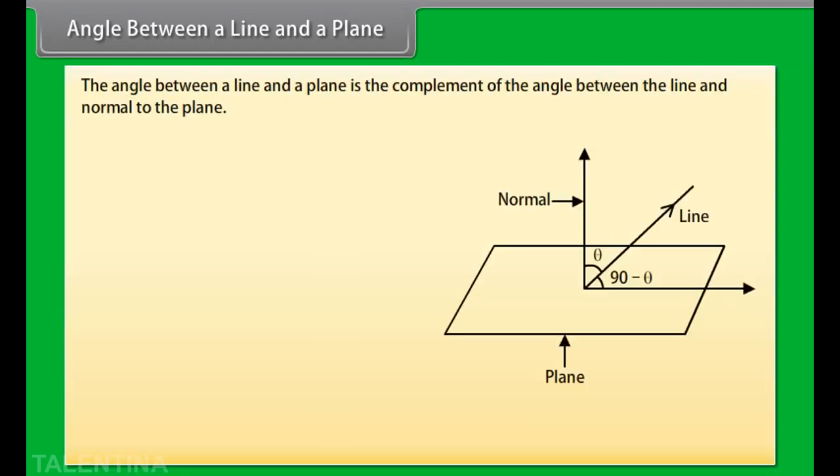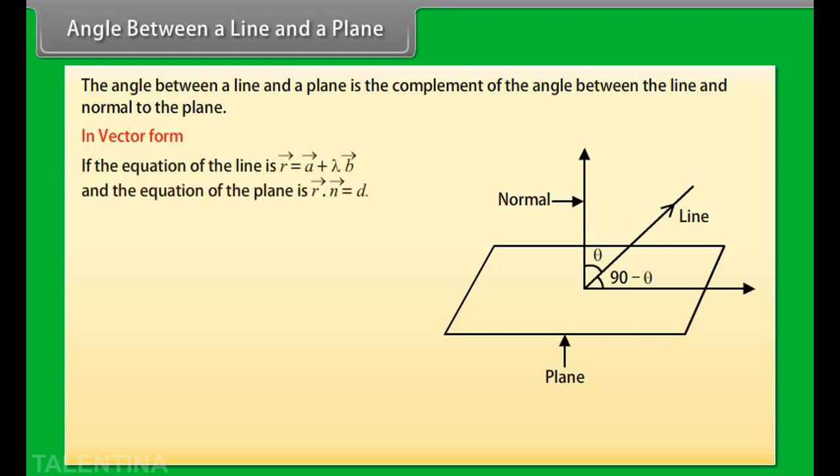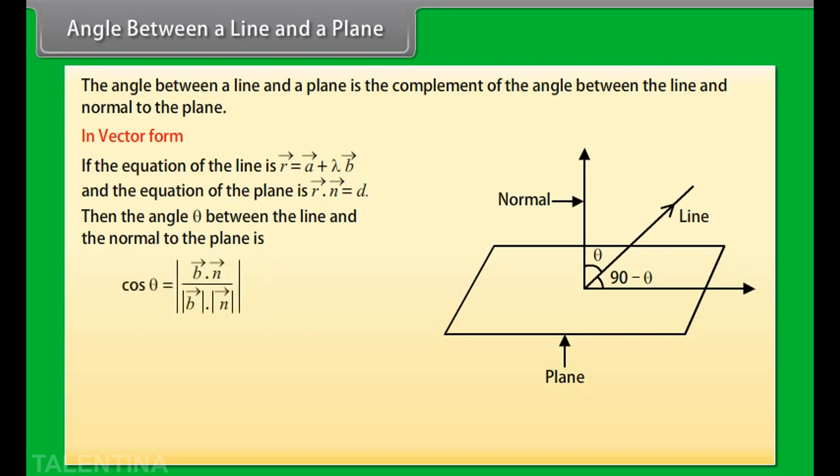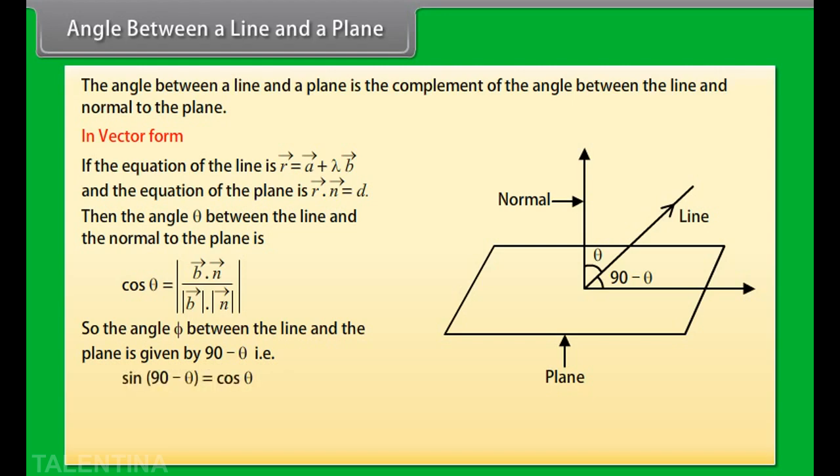Angle between a line and a plane. The angle between a line and a plane is the complement of the angle between the line and the normal to the plane. In vector form, if the equation of the line is r equals a plus lambda b, and the equation of the plane is r dot n equals d, then the angle theta between the line and the normal to the plane is given by cos theta. So the angle phi between the line and the plane is given by 90 minus theta, that is, sine of 90 minus theta